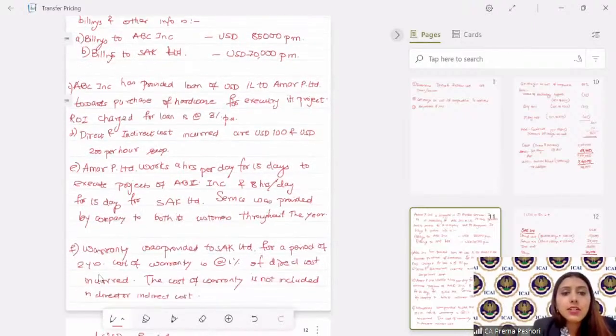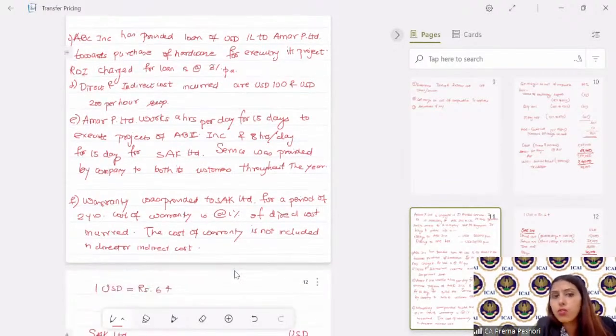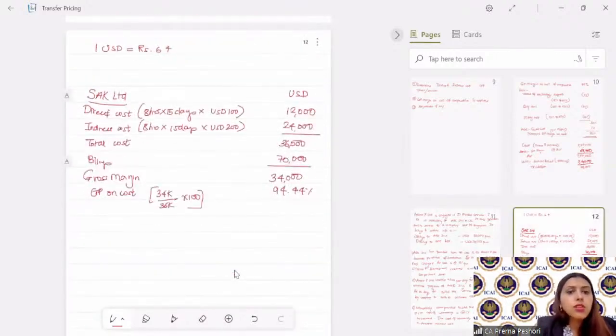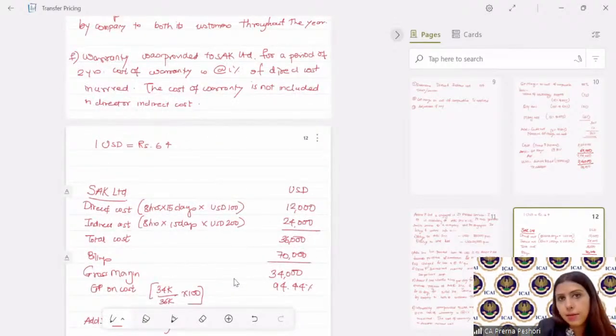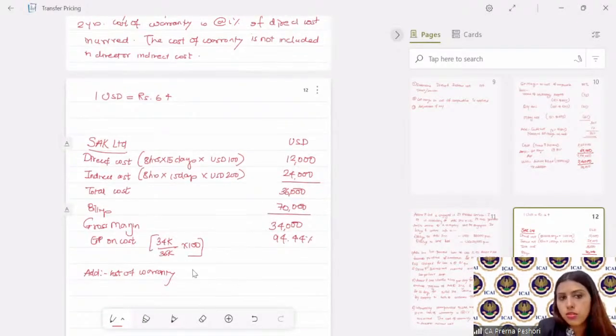Next, they have said warranty was provided to SAK for a period of 2 years. The cost of warranty is 1% of direct cost incurred. The cost is not included in direct or indirect cost. So what I'll do here is, I will add the cost of warranty, because this is provided to SAK for a period of 2 years, which is not included in direct or indirect